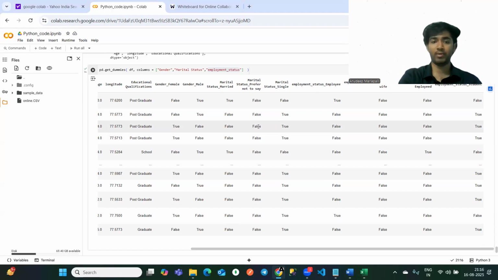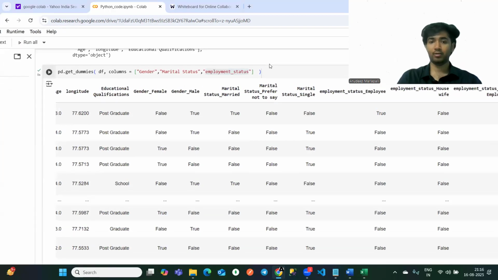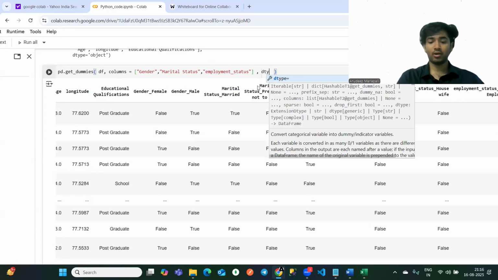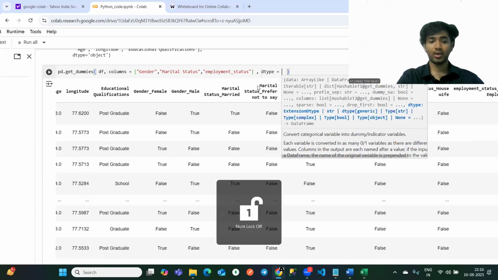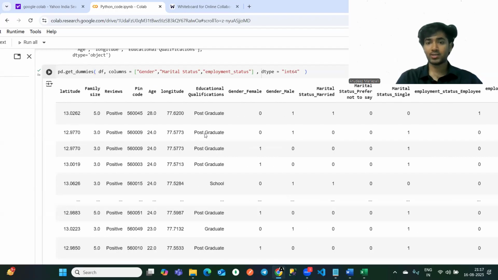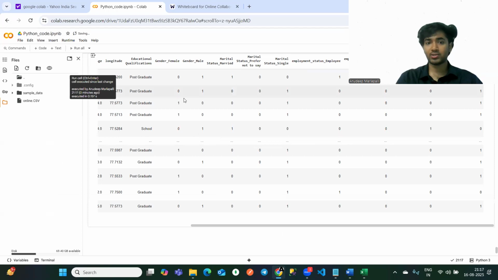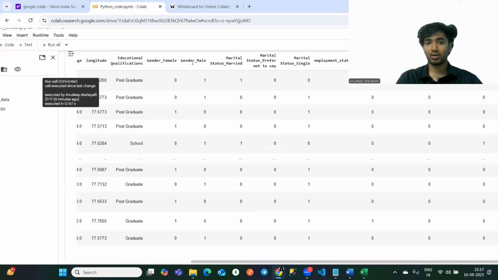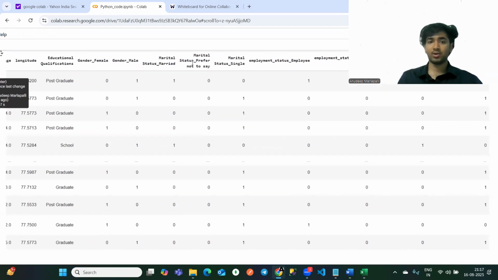We wanted it in numerical. So what we should do here, I need to pass dtype. Here I'll pass dtype is equal to int64. Now when I've done this, you'll notice, did you see? I'm getting the values in zeros and ones. Okay. So now, if you observe,